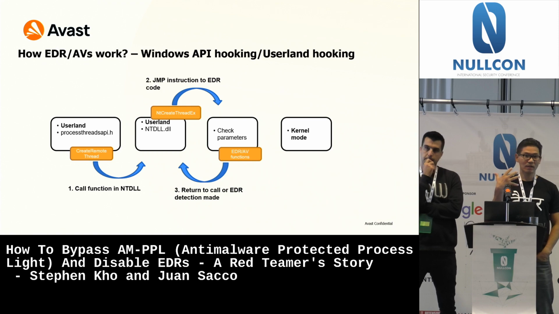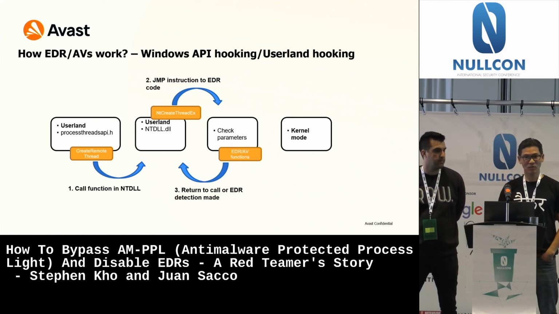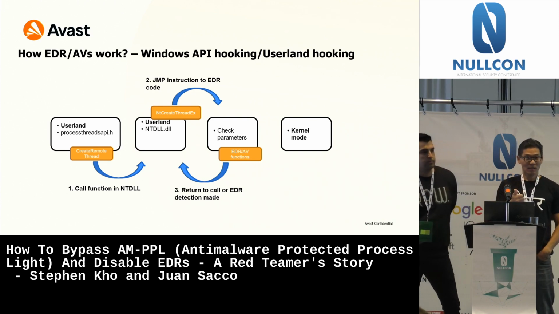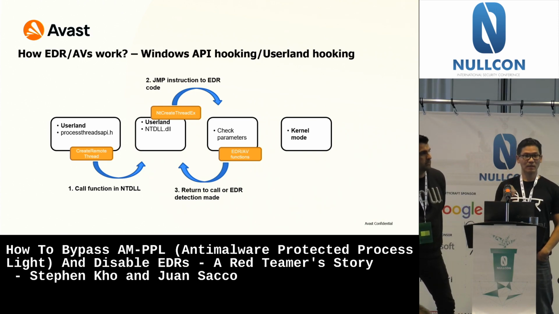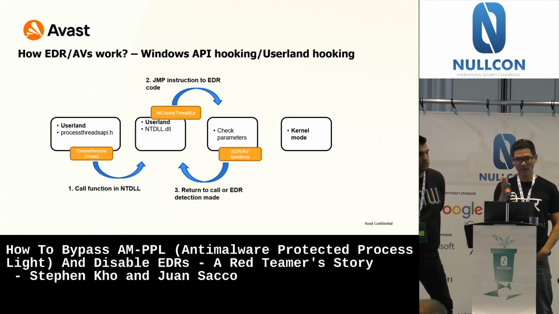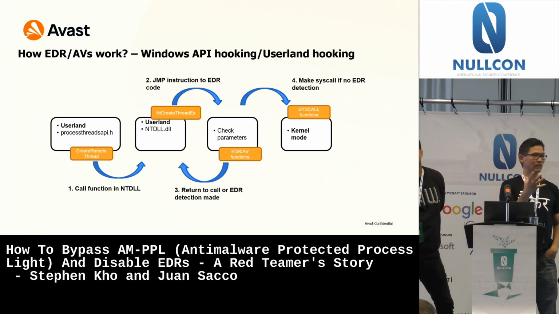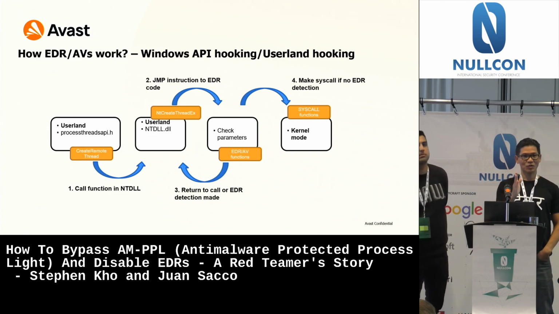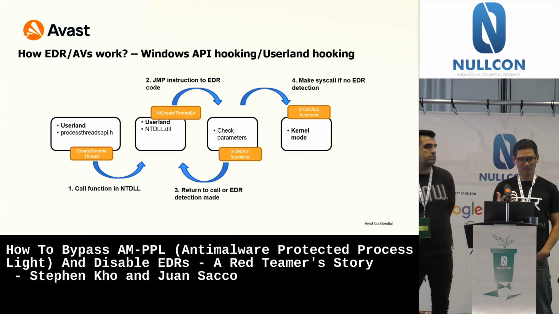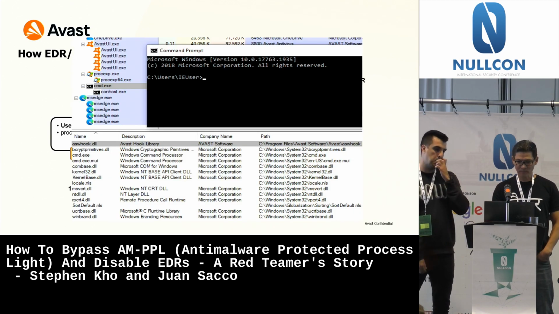And then it starts doing either signature-based analysis, heuristics, or behavioral analysis to see whether what you just ran, that command or that EXE, is malicious or not, depending on what it knows about it. At this point, it'll either let it go to kernel mode and do the syscall instructions to make it actually run, or it'll block it and say AV malicious activity detected, stop there. So this is what Windows API hooking is all about.